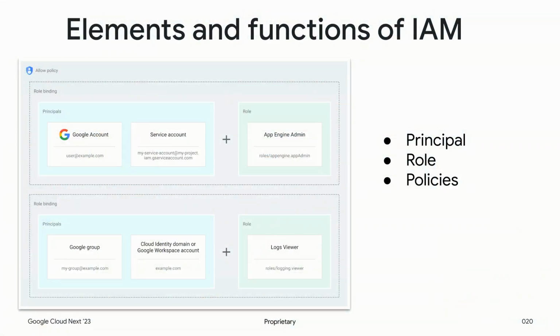And the third thing that makes up IAM is a policy. A policy is a collection of role bindings, and these role bindings allow us to actually do stuff. So you can only have one allow role binding per policy. You can only have one. But once you assign these, you need to make sure what you're getting into, because this is how we're going to think about our least privilege. If I don't know what my personas are, and I'm starting to create these allow policies, 10 months down the road, you've forgotten what you did, and now somebody has owned some user's account, and you don't know why.